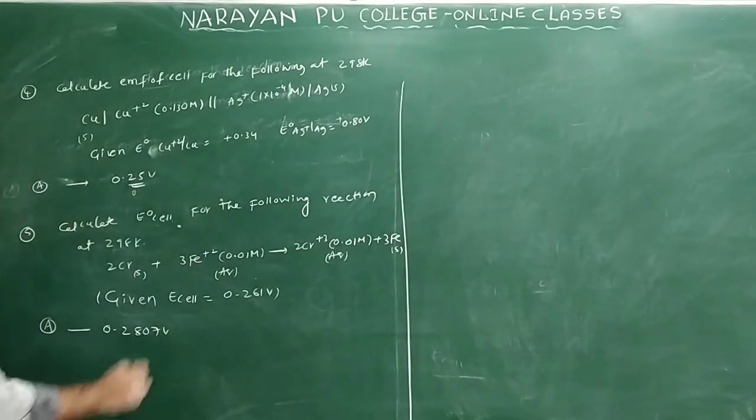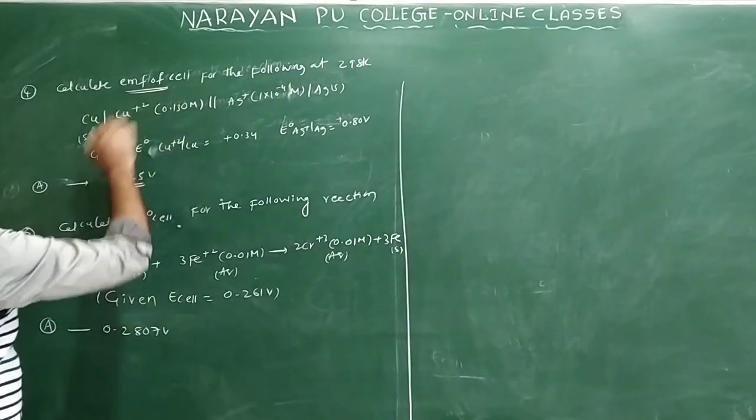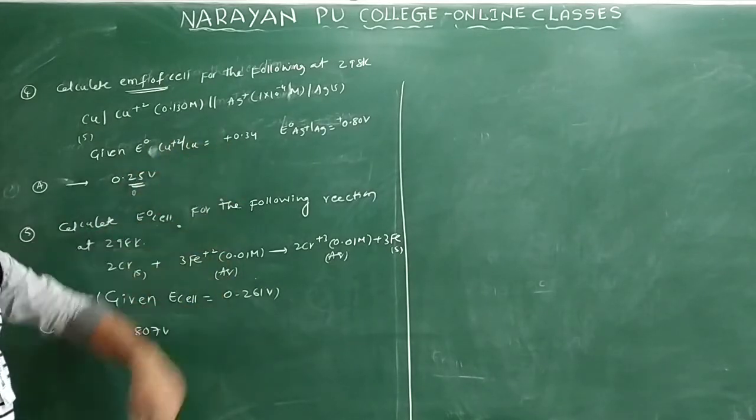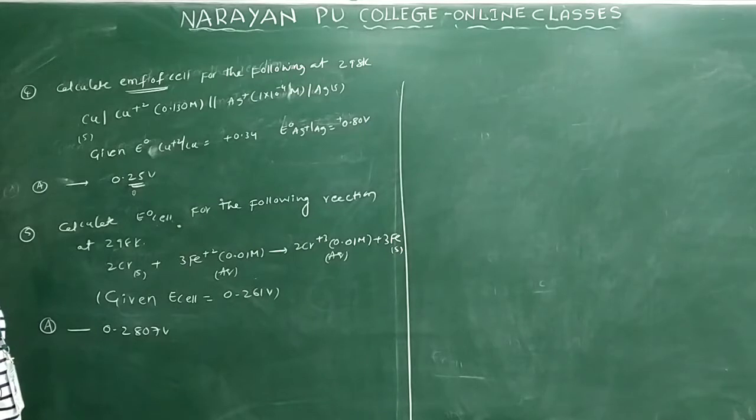What do they ask here? Calculate the EMF of the cell. Same Nernst equation you can apply. First you can find out E naught of the cell by taking E naught cathode minus E naught anode. Cathode, I told you, is always the largest value, and anode is always the